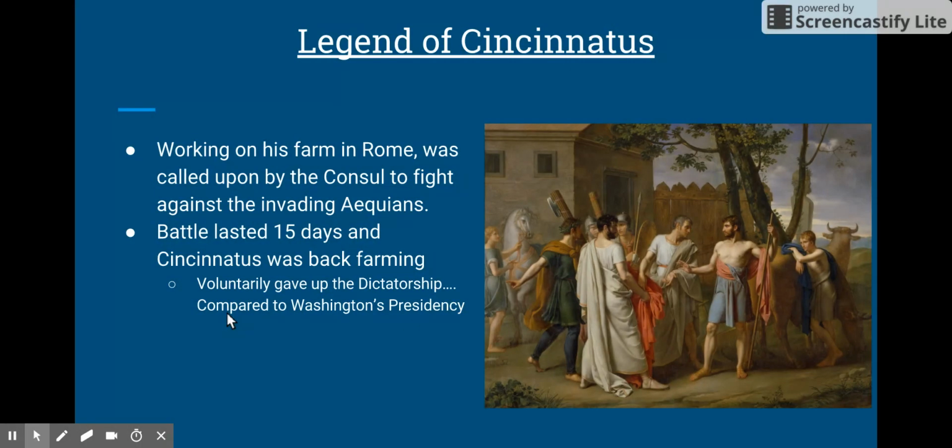Now, he has control of the Roman army. He is a tremendously powerful individual at this point. So you can only imagine what type of character that person must have been to give up that power. He still has 4 more months that he could have been dictator, but he gives that up to go back home. It's very similar to what George Washington did after being nominated twice for the presidency of the United States.